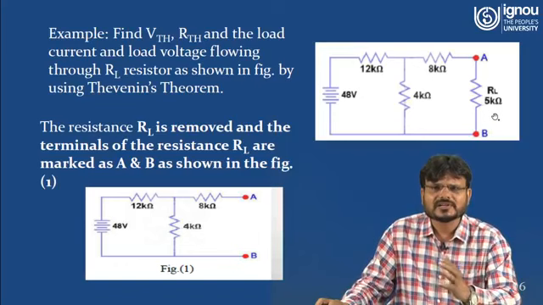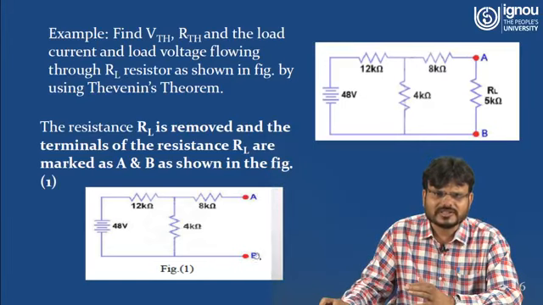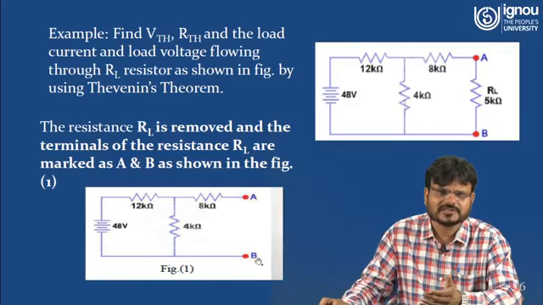So what is the first step? First step is, you just remove this branch resistance or load resistance, that means you make it open circuit. So this circuit can be replaced by this circuit, right? Whatever the voltage across AB, it will be the VTH, or you can say the Thevenin voltage, because it is an open circuit. Whatever voltage you calculate across these terminals A and B will be termed the Thevenin voltage.